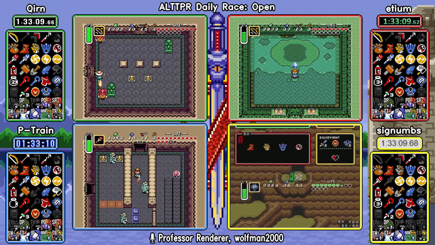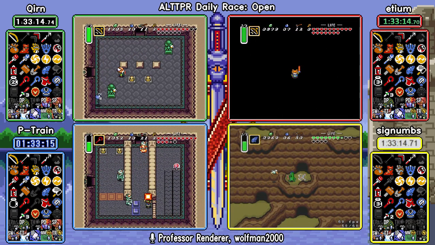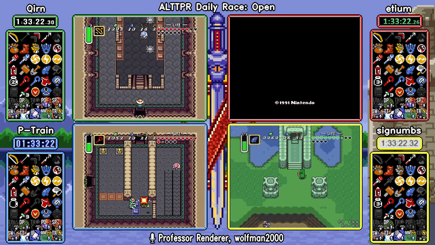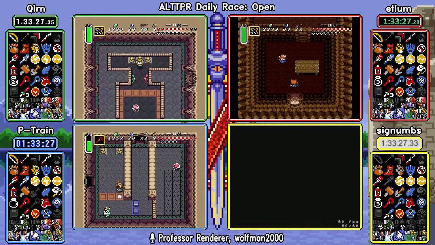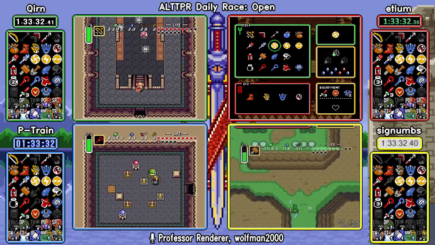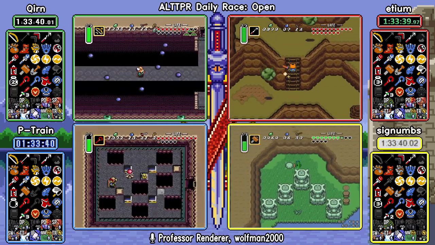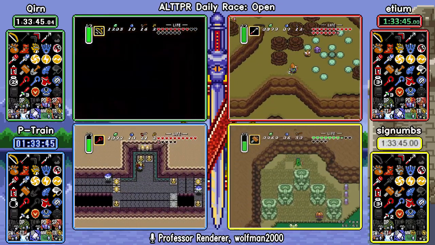Also, oh no, P-Train did actual Dark Magician strategies. Oh, that's gonna be painful. Oh, Kern might be able to take a big lead despite P-Train having silver arrows. So, Dark Magician strategies are named by a runner named Dark Magician, I believe. Basically you get the 4 items from the mini Stalfos room. Also, there's the book and the gold sword. But you just warp out of there and then go right side,